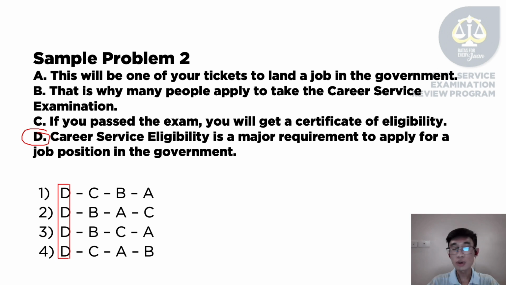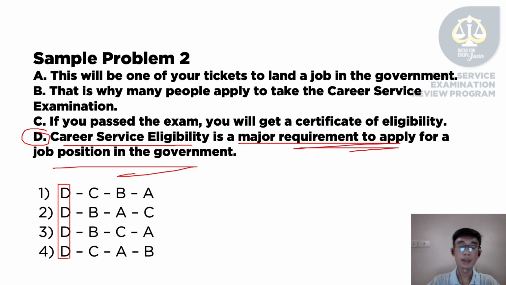So, okay, now we know that our first sentence is letter D. Career service eligibility is a major requirement to apply for a job position in the government. So, essentially, it's talking about career service eligibility as a major requirement to apply for a job position in the government. Okay, so it's talking about that, no? Now,